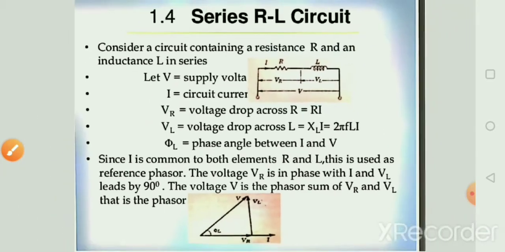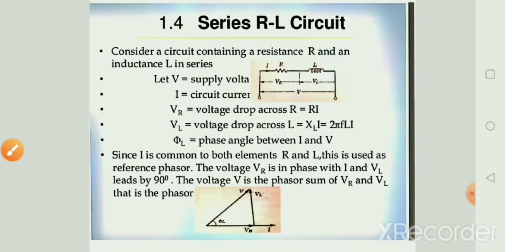So if we see that, we know that in a resistive circuit the voltage and current are in the same phase. We studied it earlier. And for the inductor circuit, the voltage leads by 90 degree, or we can say the current is lagging 90 degree from the voltage. And if we take voltage as a reference, we can say that voltage leads current by 90 degree.